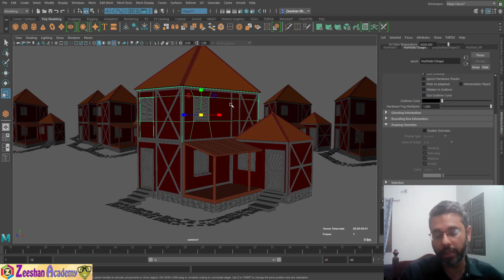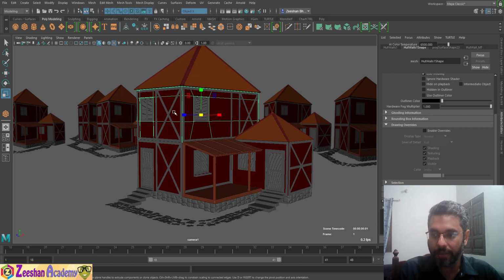We always find that the viewport gets laggy, it gets very slow, the camera movement is slow, the character movement is slow, and so on and so forth. So we work around it with some tricks. A very easy and simple way of doing viewport optimization is by controlling the visibility of objects and how they are viewed within your viewport, not in the rendering, and that allows us to control the viewport in a much more convenient and faster way.